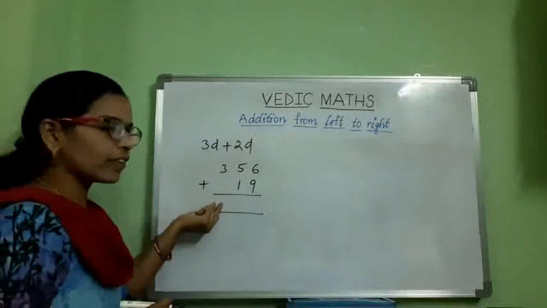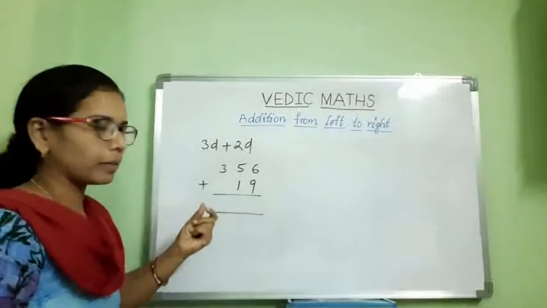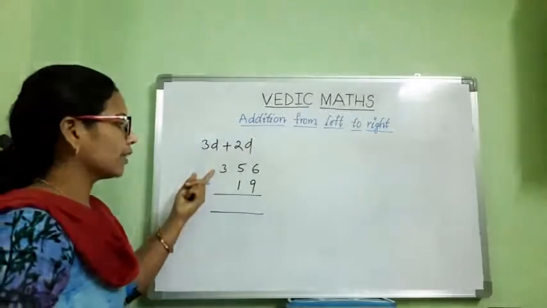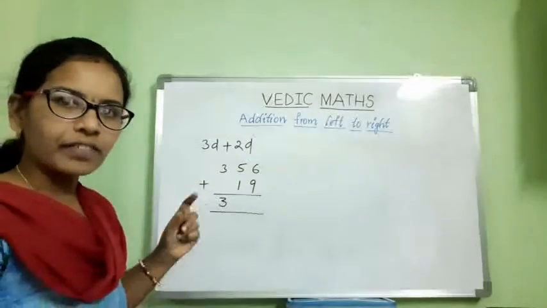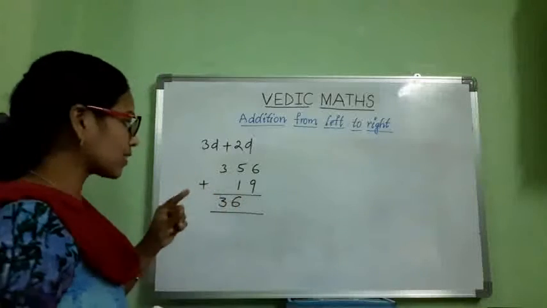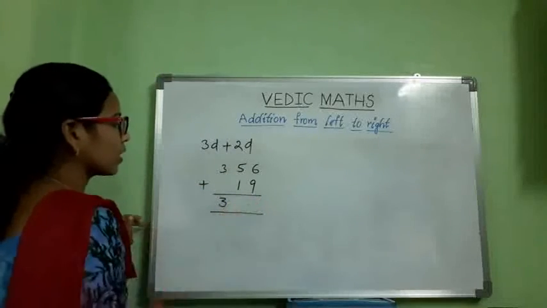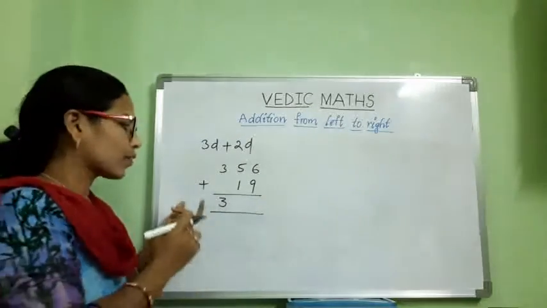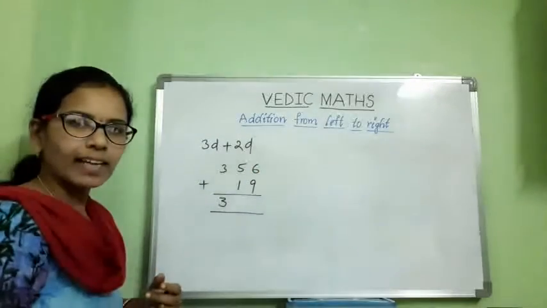Before dropping 3, we have to check the next numbers, whether they are carry or non-carry numbers. Here 5 and 1 are non-carry numbers. Then you can drop 3 easily. Next, the end digit of 5 and 1 is 6. We drop 6, and before dropping 6, we have to check whether the next numbers are carry or non-carry. Cutting and writing is a waste of time now.